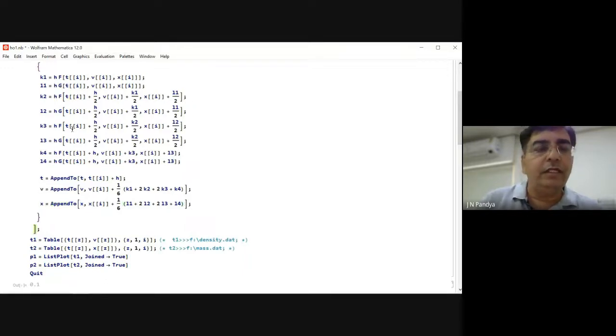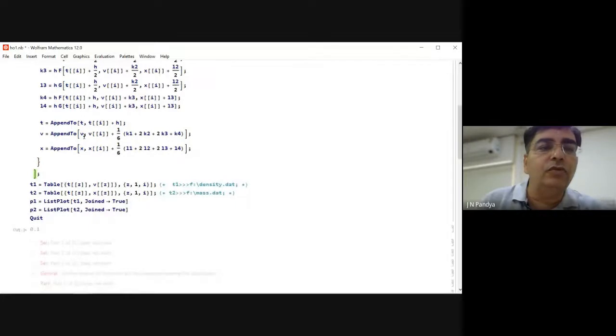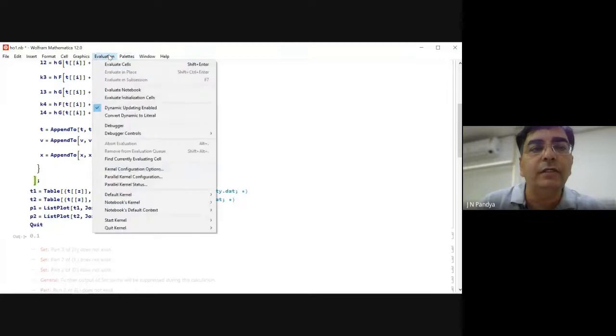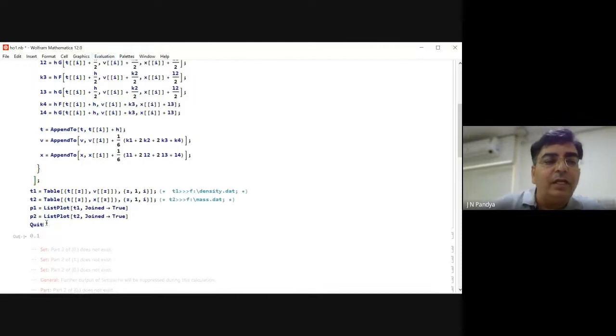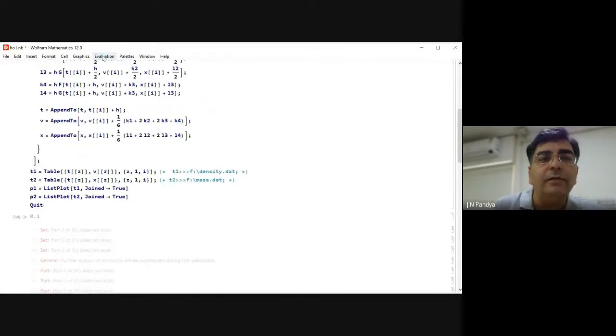So what have we done? In the earlier case, what was happening? There was a blank set generated, and then those values were overwritten from there. In this case, now it is not overwritten. We are literally starting with only one element, and we are appending the elements as required. Oh, one more thing. I have a habit of writing quit here so that after everything is done, I am quitting the kernel. This is a command for leaving the kernel. If I don't use that quit kernel, automatically these things will come. All right, chalo. Evaluate notebook.